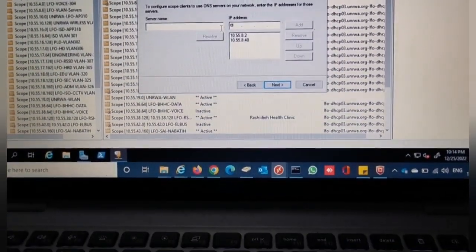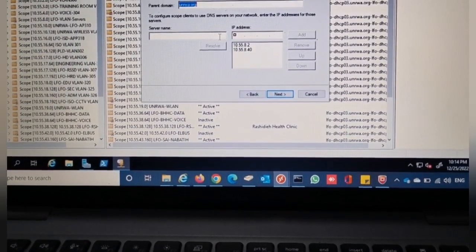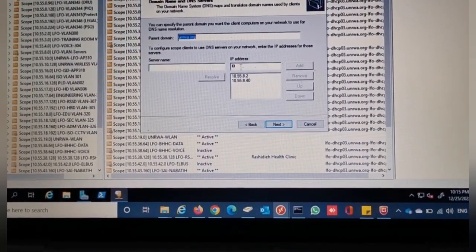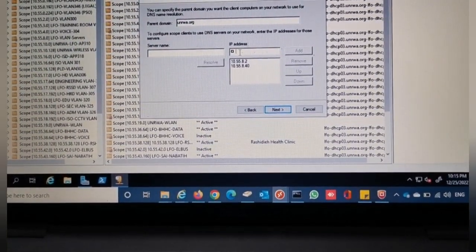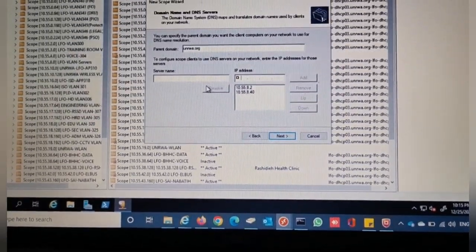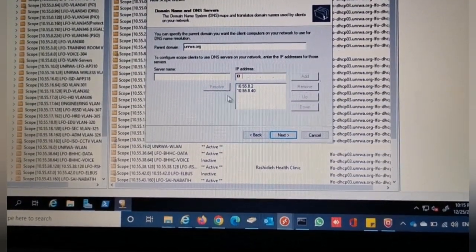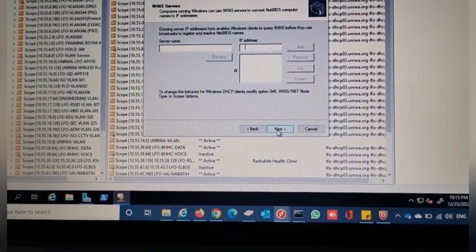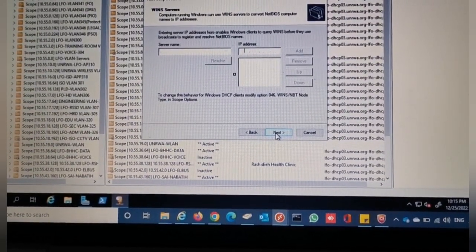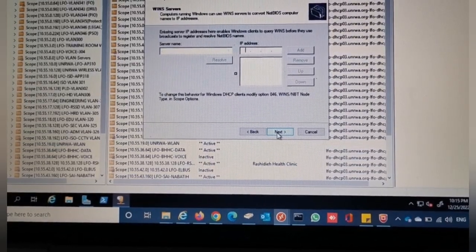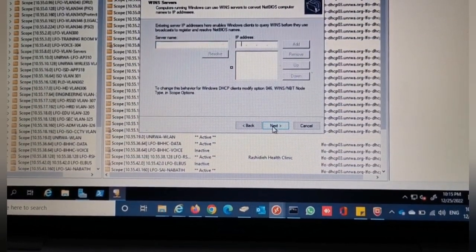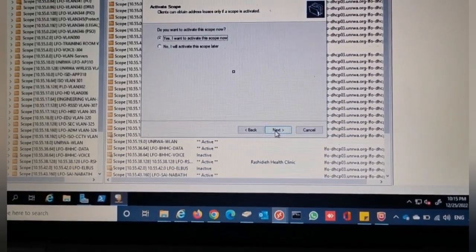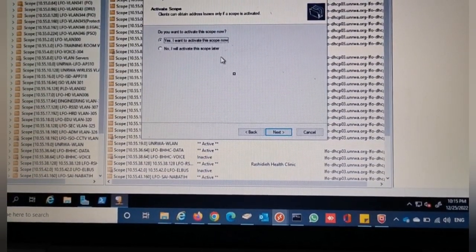Once I specify this gateway, I'll go to the next step. In this step, I will specify the DNS server, which will resolve my IP address to name. I may add as many DNS servers as I want, and then I will go to the next step. Here I will define my WINS server if I want. Otherwise, I will go to the next step, to the final step here,